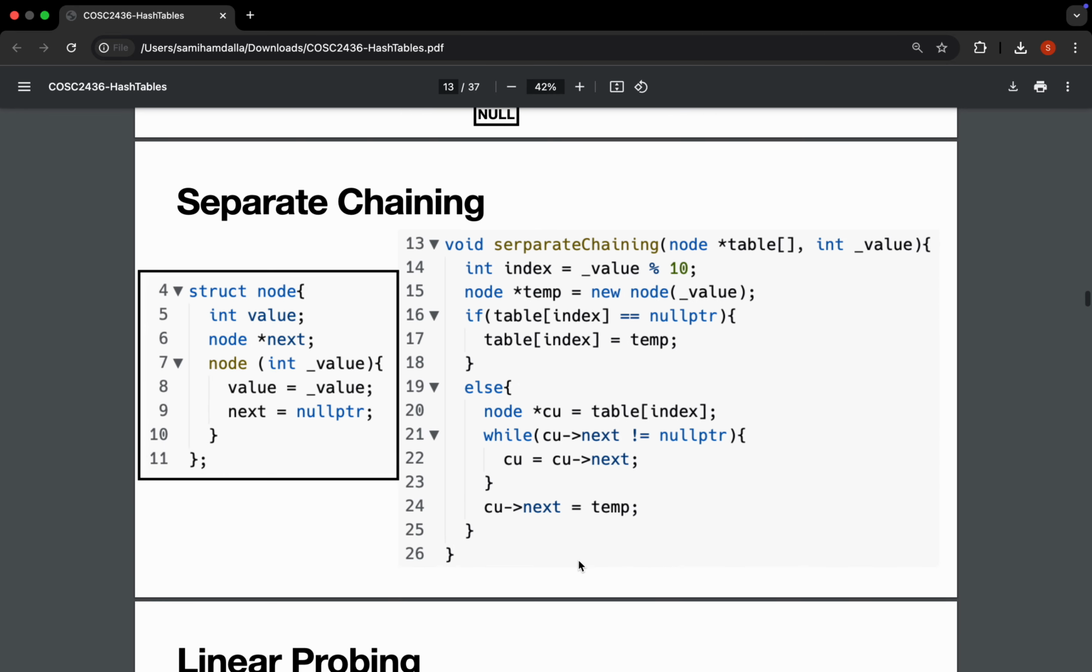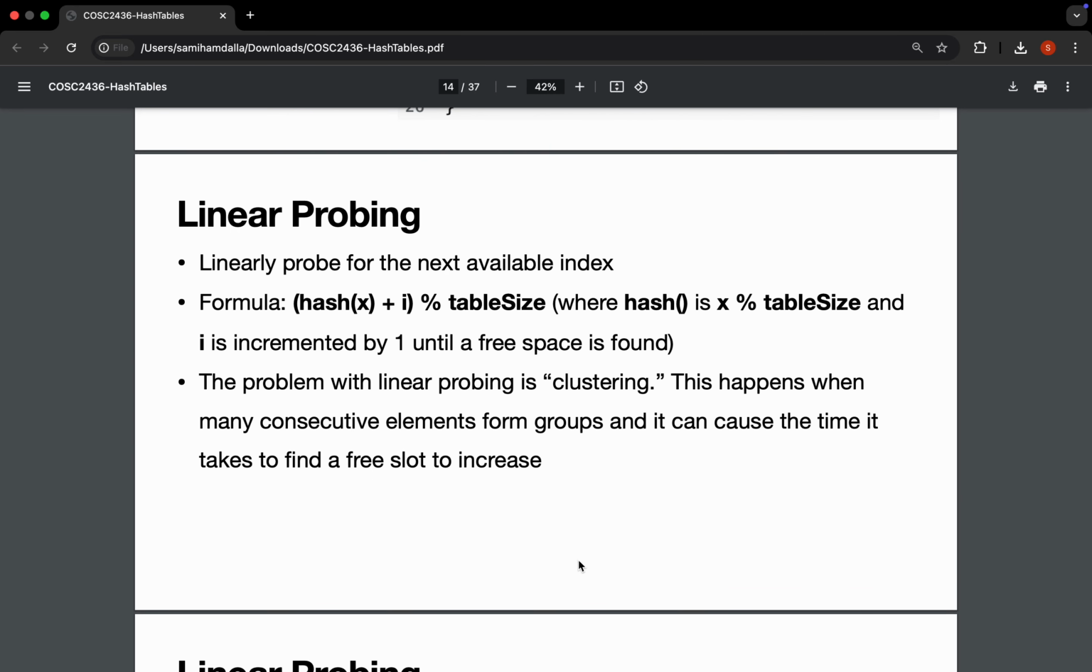Separate chaining is a very important topic, a very important type. I definitely recommend that you really understand that type. Linear probing is a little different from direct hashing, but it's the same idea. But this time collisions do not occur